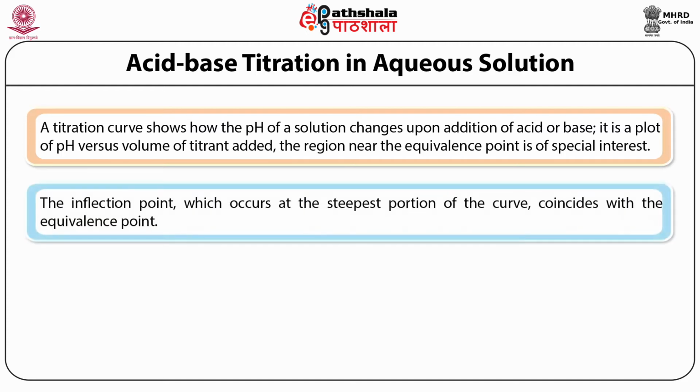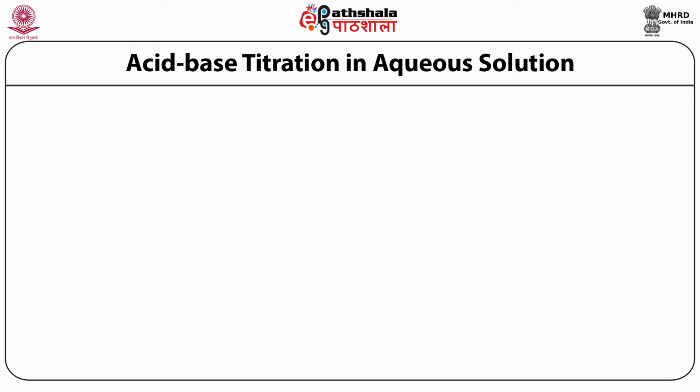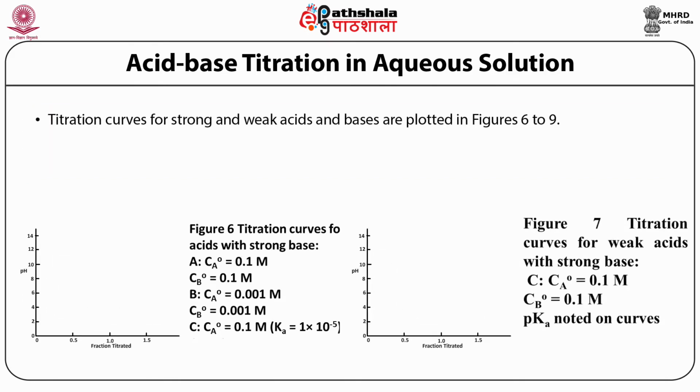The inflection point, which occurs at the steepest portion of the curve, coincides with the equivalence point. The steeper the curve, the sharper the endpoint, and the more accurate the titration will be. Titration curves can be obtained experimentally by measuring the pH with a pH meter after adding successive increments of titrant. Titration curves for strong and weak acids and bases are plotted and shown in figures 6, 7, 8,